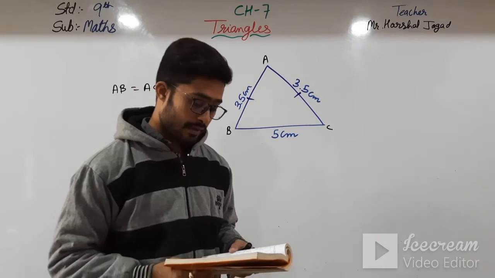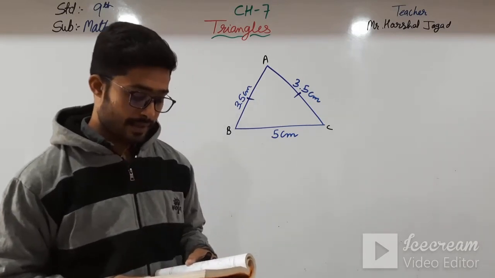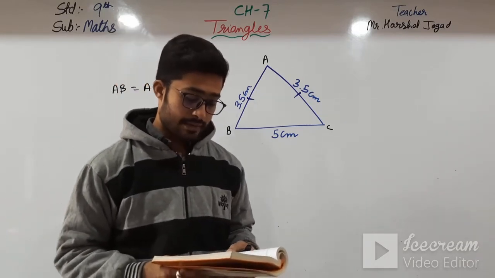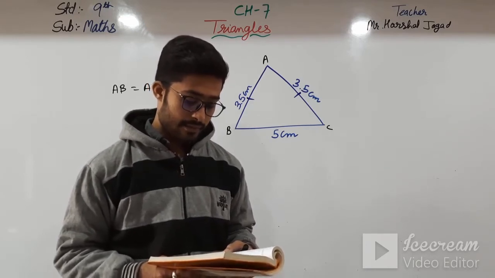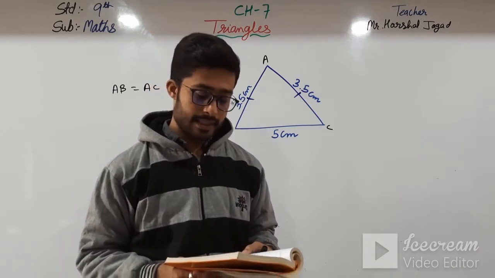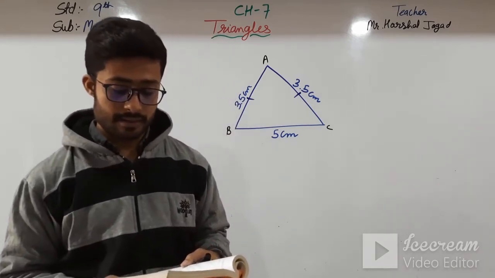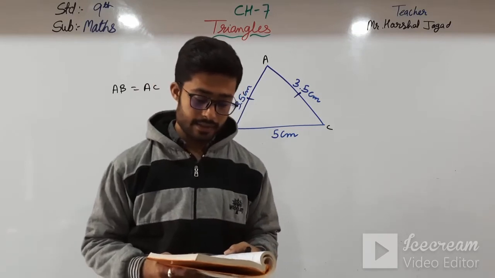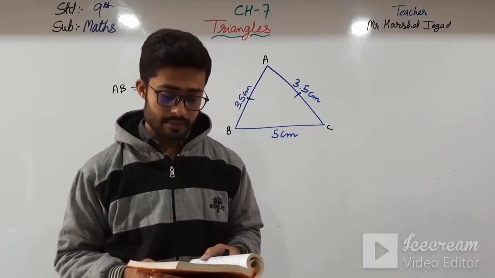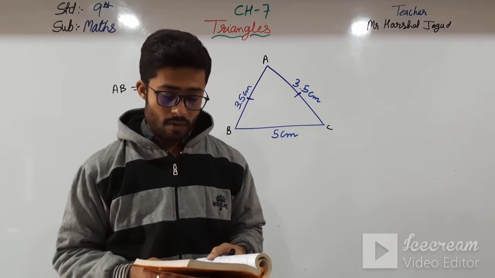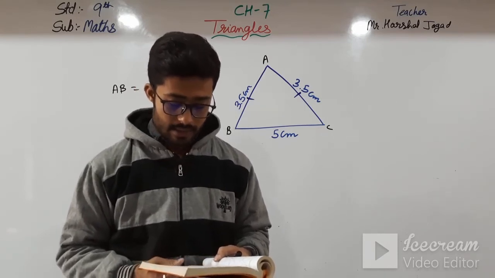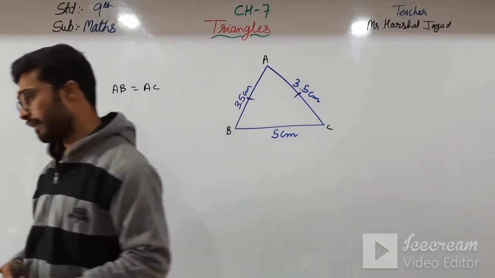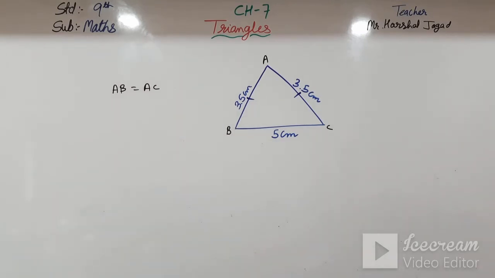Moving further, repeat this activity with other isosceles triangles with different sides. You may observe that in such triangles the angles opposite to the equal sides are equal. This is a very important result, and it is indeed true for any isosceles triangle. It can be proven, as shown below, that is Theorem 7.2: angles opposite to the equal sides of an isosceles triangle are equal. So they are telling us that the angles opposite to the equal sides are always equal.